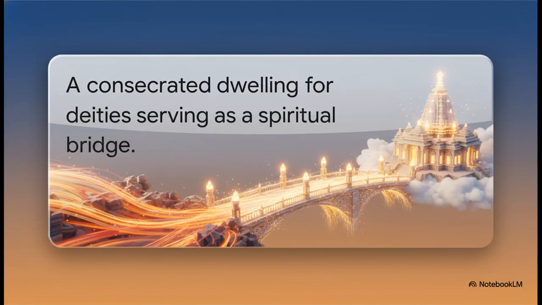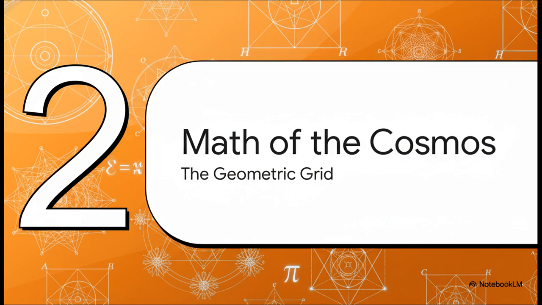Before we get into all the advanced science and the broader societal impact, we really have to ground ourselves in the original purpose of these ancient structures, exactly as our source text defines it. The texts define a mandir literally as a consecrated dwelling for deities. So it's not just a large hall where people happen to gather, right? It's specifically built to be the actual home of the divine on earth. It serves as a literal anchor. In our chaotic, fast-paced world, the temple acts as this permanent focal point, a bridge connecting our everyday human experience with the universal essence. And honestly, this is the seed from which all the other incredible functions of the temple actually grow.